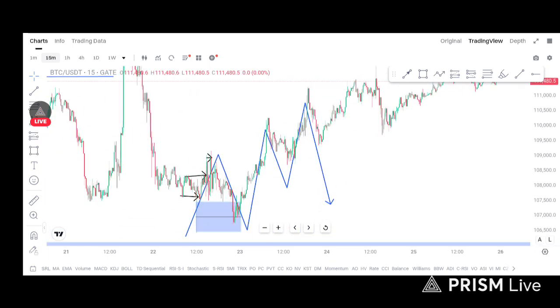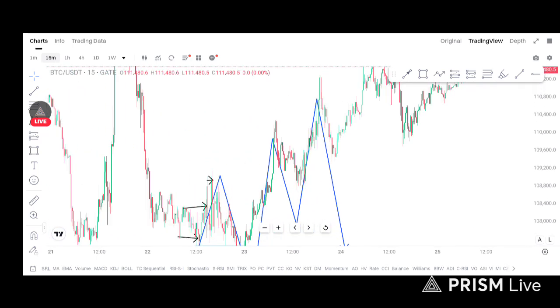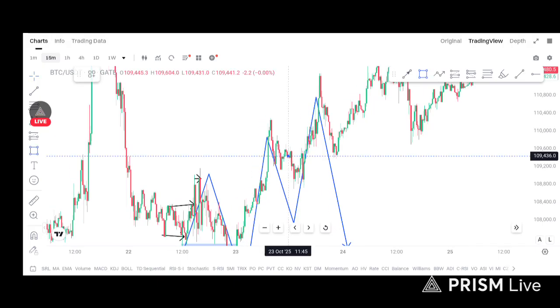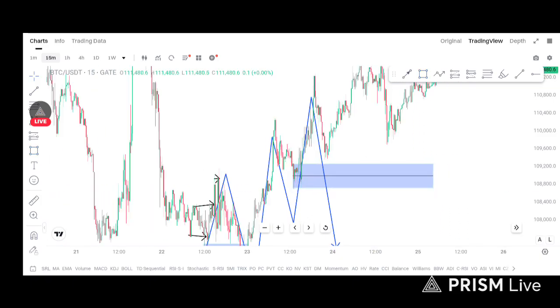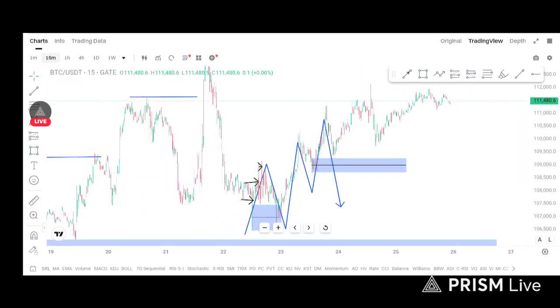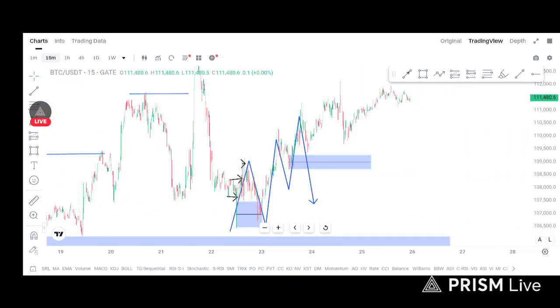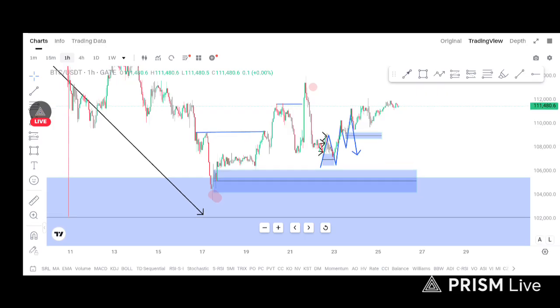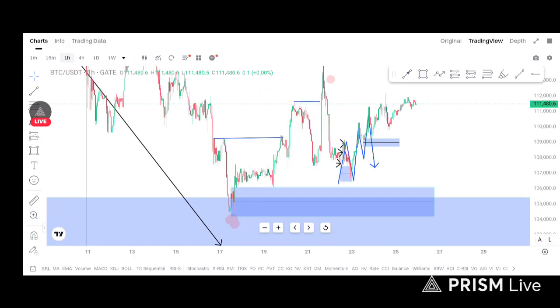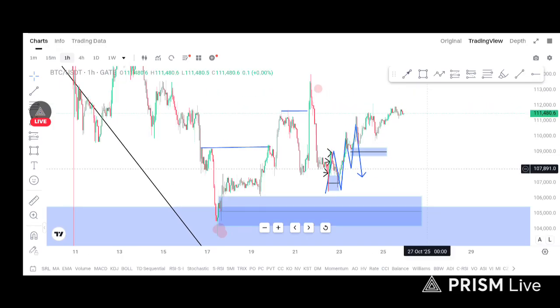Like this week while trading, I was expecting the market to react from this one. Why? Because we are already bullish. So now, let me not rush. Let's go back to our 1 hour time frame. Once the market switches to the other side, to the overall direction the market is heading to, which is being bullish,